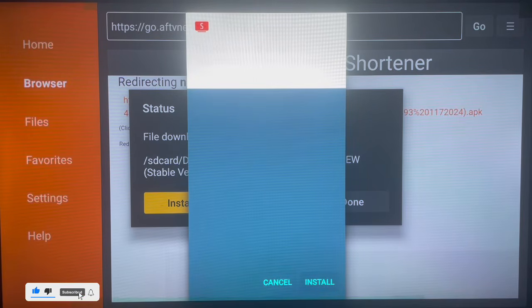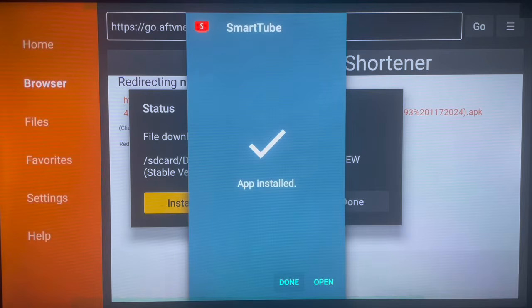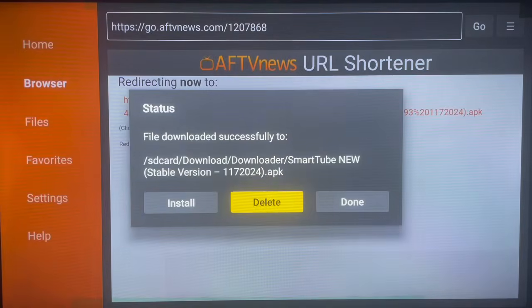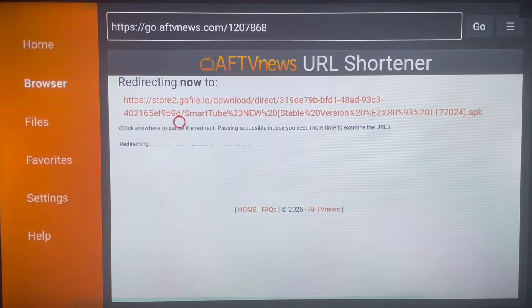Now after downloading, all you need to do is to click on Install, and the application is going to start installing to your Fire TV. Here it is. It's completely going to install, and once it's installed, you can go ahead and launch the application on your Fire TV. So here it is. The application has been downloaded and installed. So click Done and delete the file from your Fire TV to save space,